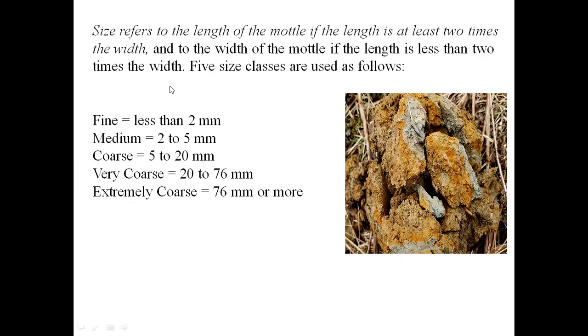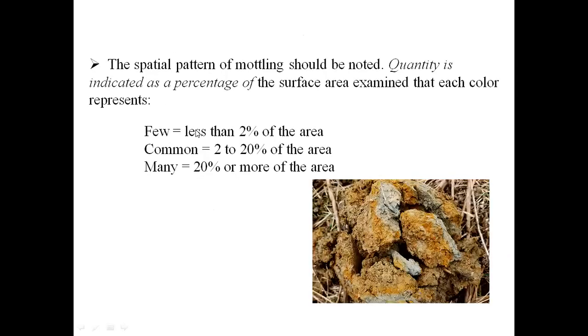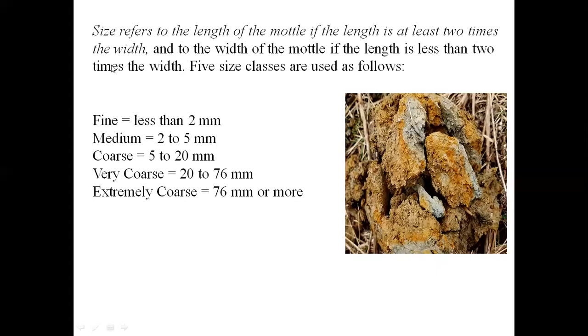These are very, very important for your examination purpose, because this is a new chapter. They may ask some questions also. So fine, medium, coarse, and very coarse are the conditions prevailing in a mottle condition. These are based on size. Previously it was quantity, and this is size, based on how much length is distributed.